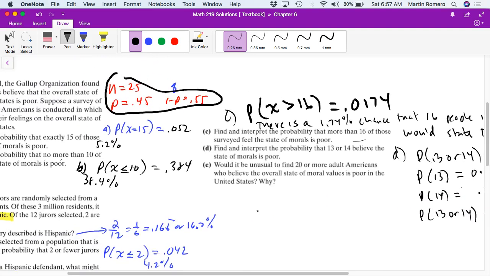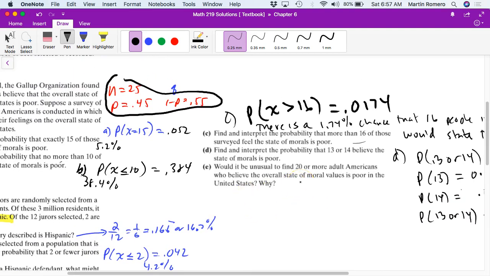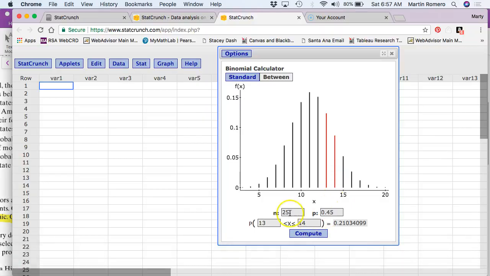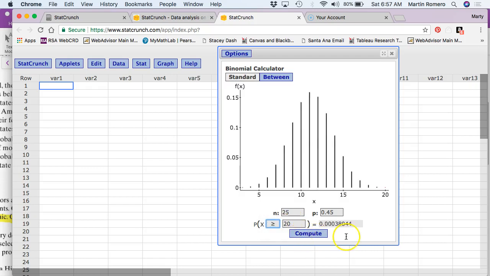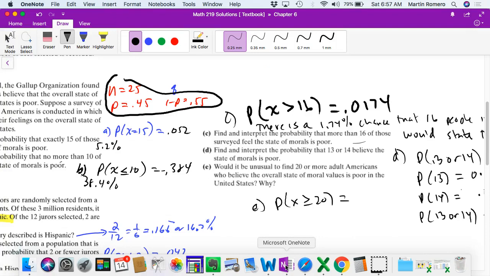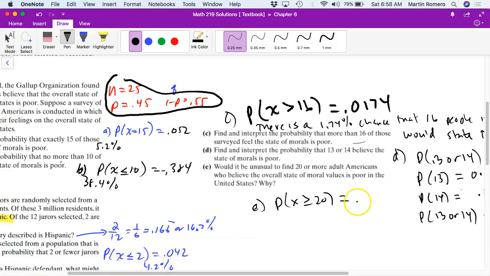And then E, would it be unusual to find 20 or more adult Americans who believe the overall state is poor? So what we're going to calculate on E is the probability X is 20 or more, so greater than or equal to 20. We do that calculation, greater than or equal to 20, go back to a standard, greater than or equal to 20, it needs to be an equal sign, compute, it's 0.0003, and so in this case,